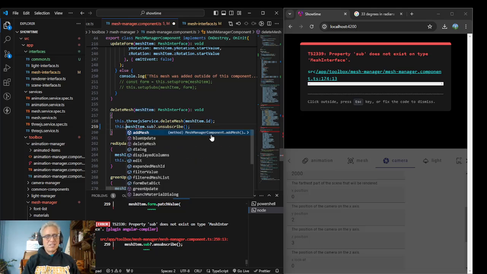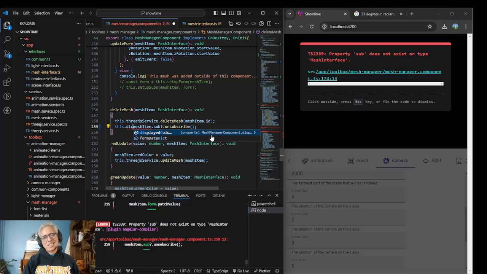So I think it's this dot dict. Yeah, there it was. Form data dict, and then the key is the ID. So mesh item dot ID,